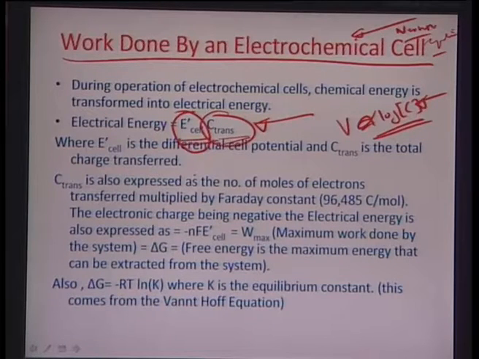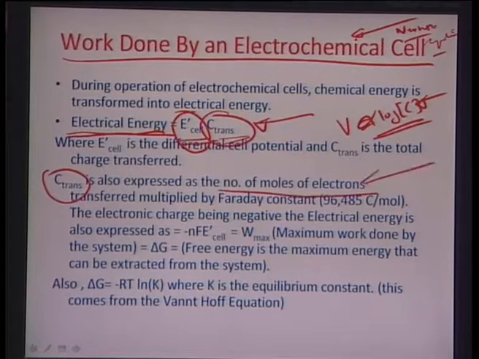moved. So, the total amount of electrical energy in this case would be represented as E'cell times C trans, right. So, essentially charge into potential is the total work done or the electrical energy spent. So, C trans or the total amount of charge can also be represented as the number of moles of electrons which is being transferred in the process into the total charge per mole of the electron, which is also known as the Faraday constant F